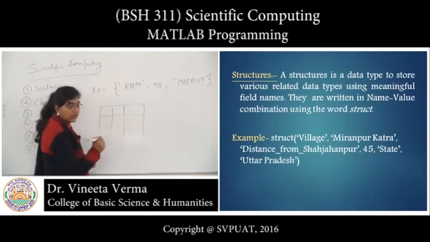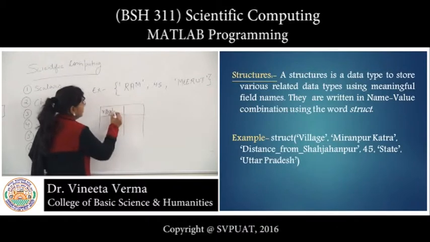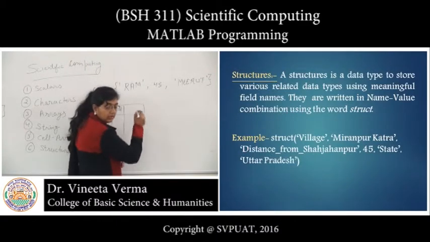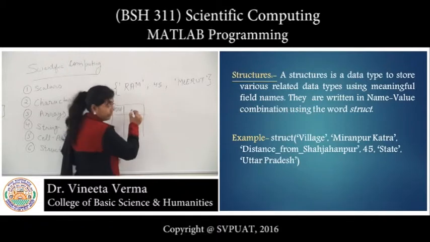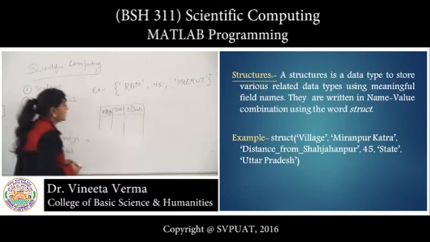So these are the column names, suppose village, village distance, and state, district.